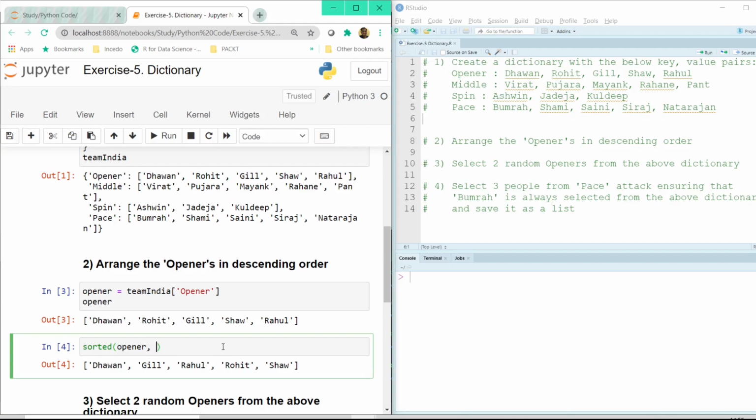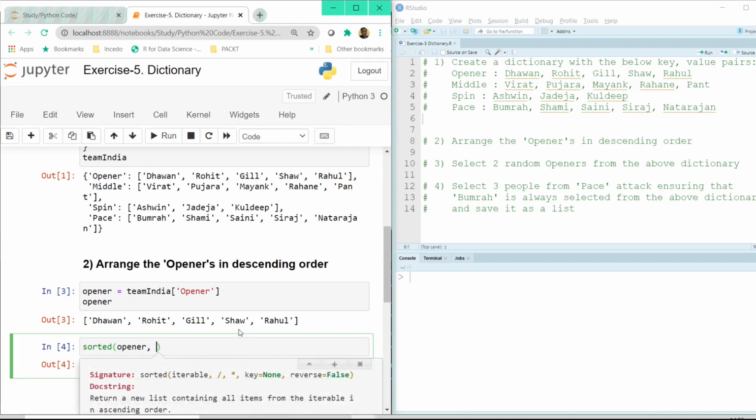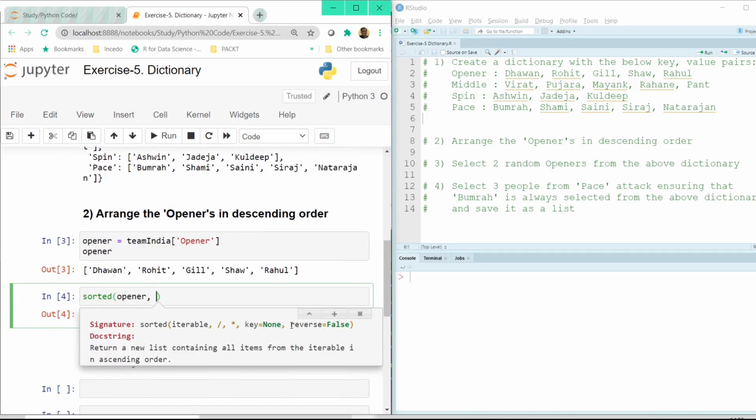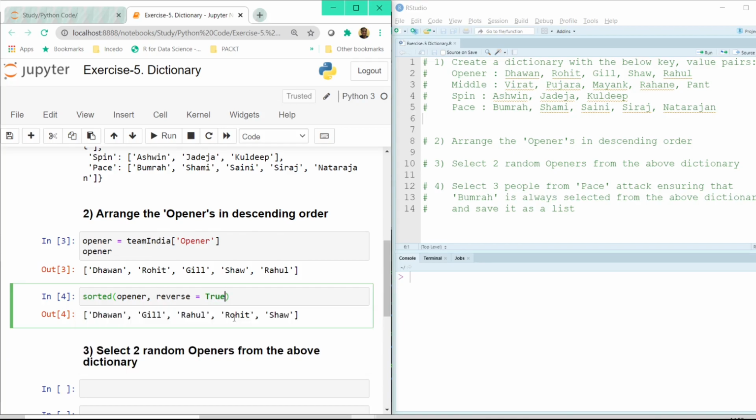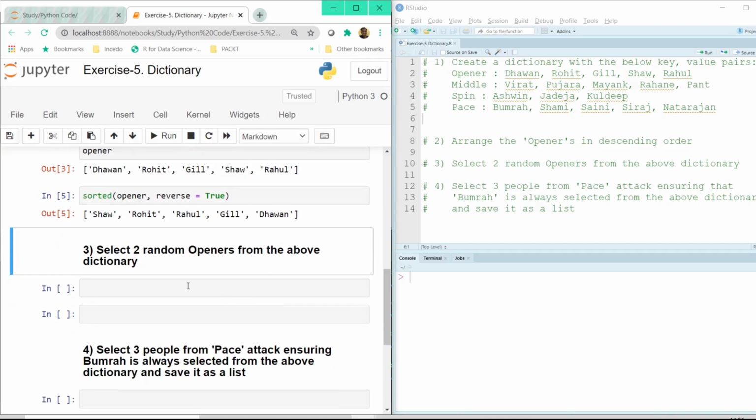If we type comma and press shift tab on the keyboard, we see here reverse equal to false. By default, reverse has been set as false. So we just need to reverse it. So we have to say reverse equal to true instead. And now if you press shift plus enter, the order of the players now gets displayed in descending order.